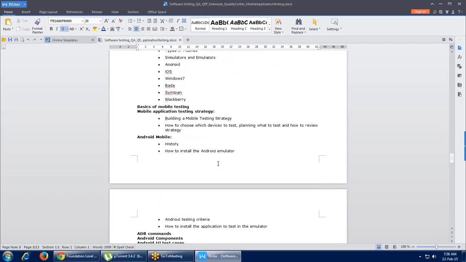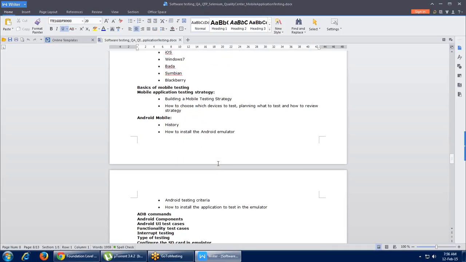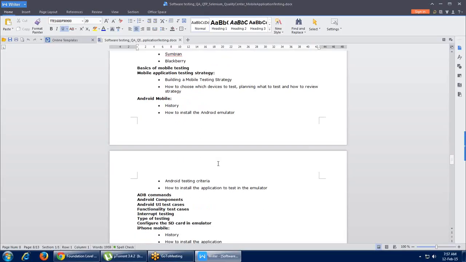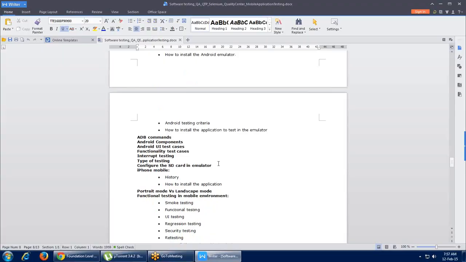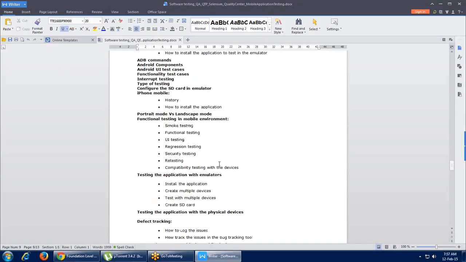Nowadays, they have recently launched Lollipop, if you are familiar with Android versions. So what are the Android versions, and how can we write good test cases for the mobile application? What are the types of testing in terms of mobile testing, the same as the manual testing types that we understand? And apart from that, a very interesting tool that we have is C-test.